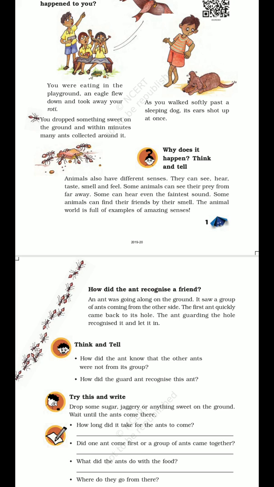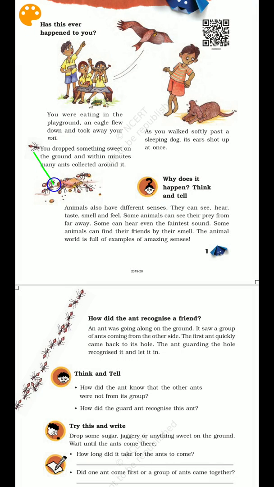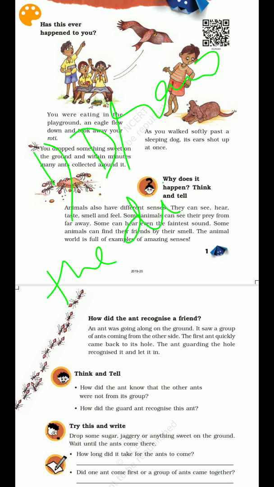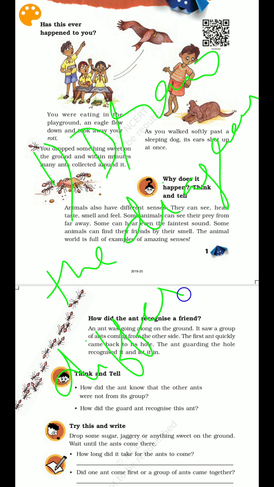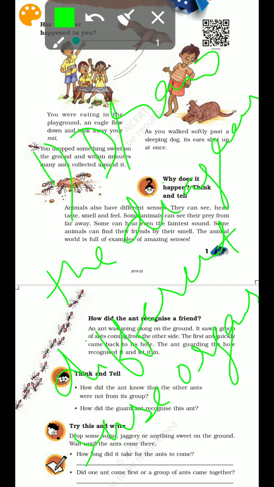So students, first what you have to do now, you have to just draw the diagrams of different sense organs. Okay, just do it at your home. Whenever you get free time, just take a pen or pencil and draw beautiful pictures of your eyes, ears, nose, tongue and skin. Alright, now